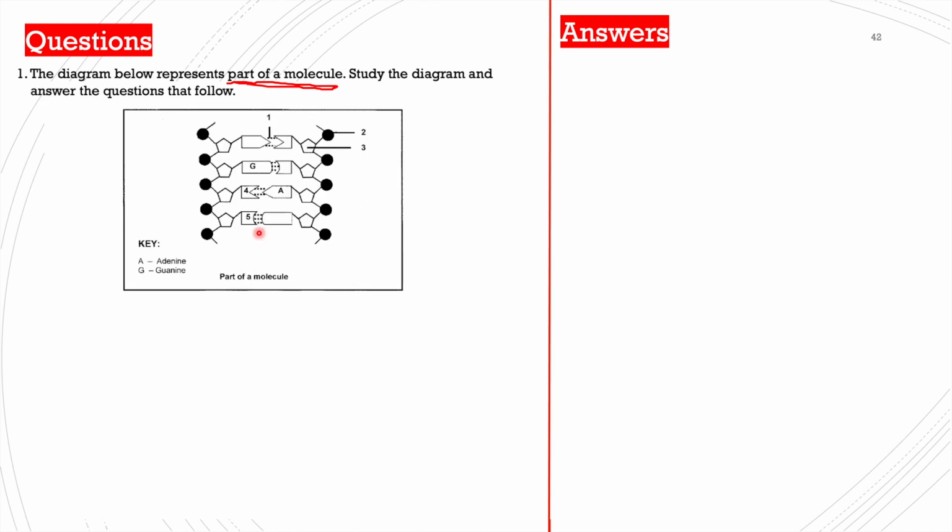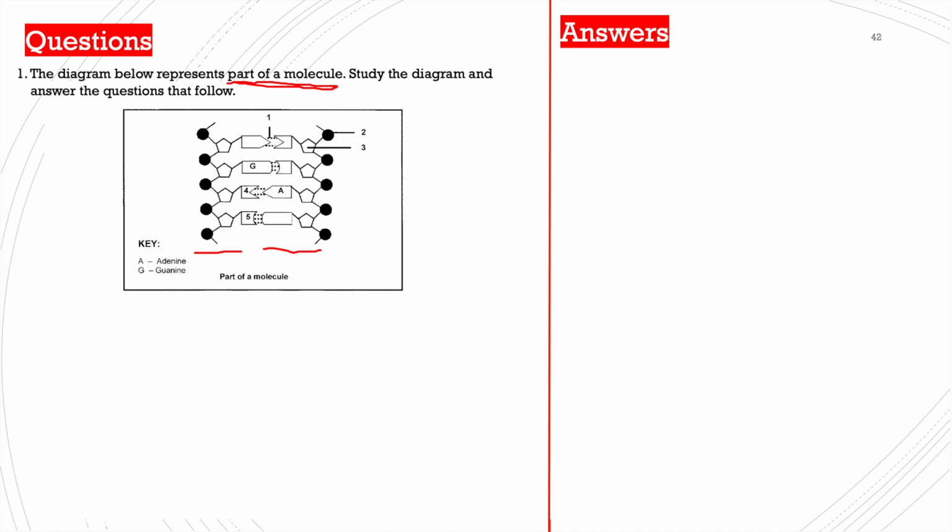Right, so we have a molecule there. Now let's check if we can identify what molecule this is, okay? This molecule has two strands. The first strand is there and the second strand is right over there. Now the molecule that we know contains two strands is DNA. Okay, so we are assuming that this is DNA, and the reason why we say it's DNA again is because